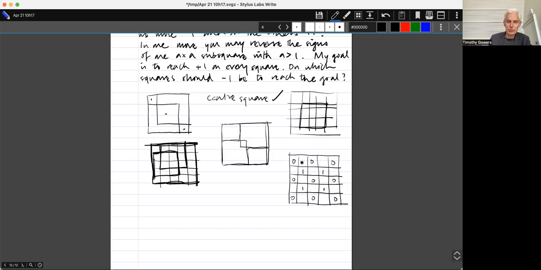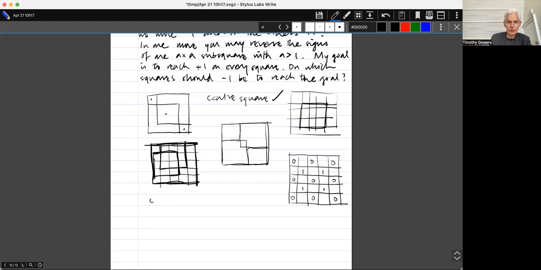So if I put down a 2 by 2 square, I'm going to cover the same number of 1s as 0s, however I do it. If I put down a 3 by 3 square, I'm going to cover 4 0s and a 1, or 4 1s and a 0. And if I put down a 4 by 4 square, it looks as though it's going to be the same number of 0s as 1s. And if I put down a 5 by 5 square, then I have 9 0s and 4 1s.